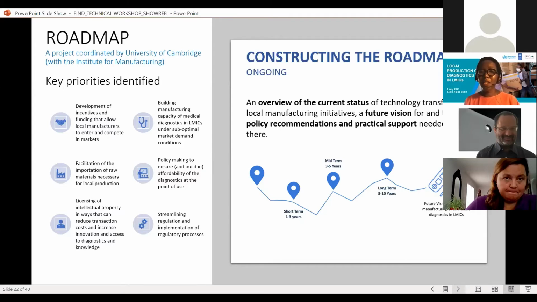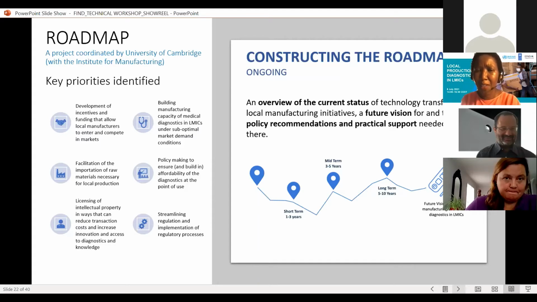The intention of the roadmap, once complete, is to provide guidance for the short term, so in the next 1 to 3 years, into the mid and long term. And as you can see, the end intention is that there are very easy to use tools in the hands of people. So the priorities identified, the 6 priority areas identified for the development of incentives for funding, the building